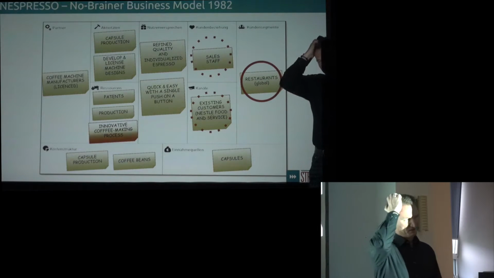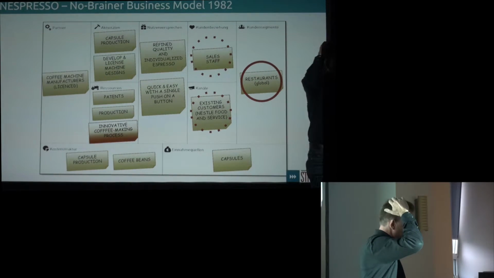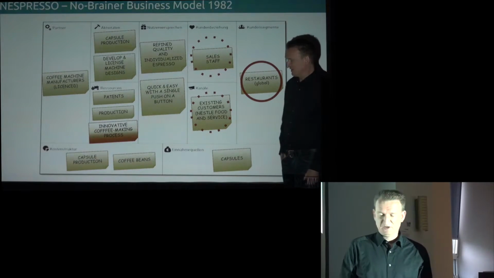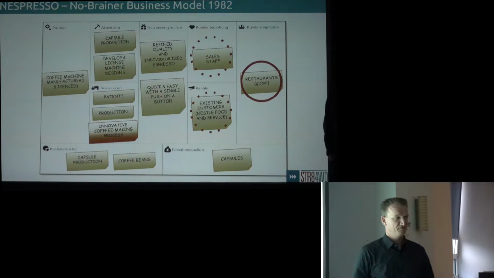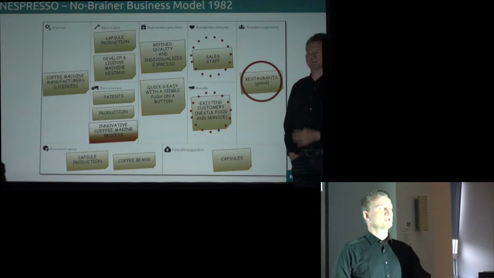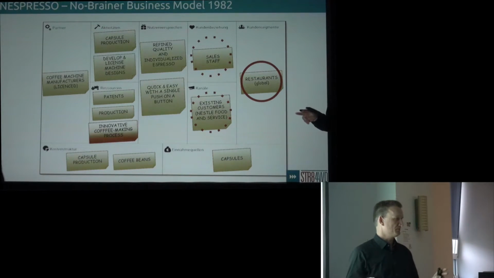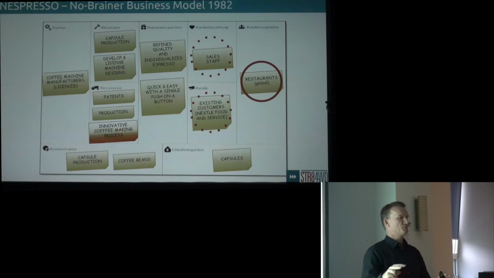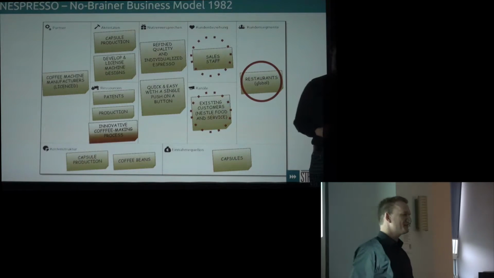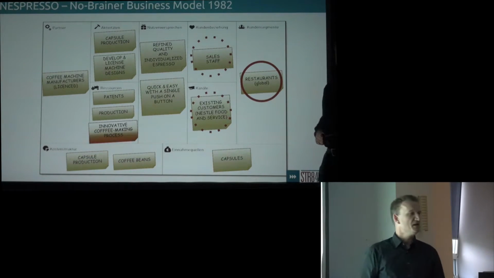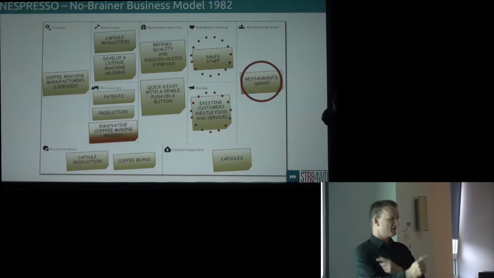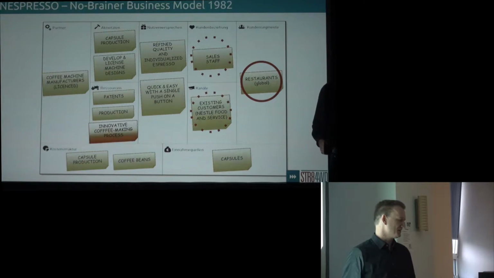So when you dig into that story deeper, you'll find that they failed for years and years. They had the first black zero in 1995. So it took them 13 years, and they were very reluctant to get away from the no-brainer. They didn't want to accept what they found in the market. They believed, hey, we just need to replace a few guys, replace the CEO, replace the product manager. You know that, right? Replace the people and things will work. Actually, you're trying something different, which is good, but it can be easier.